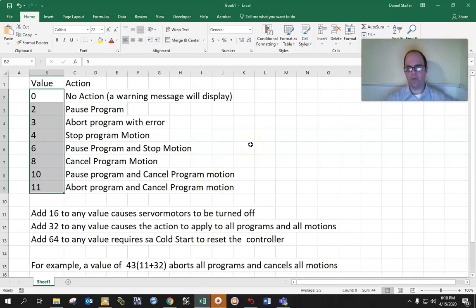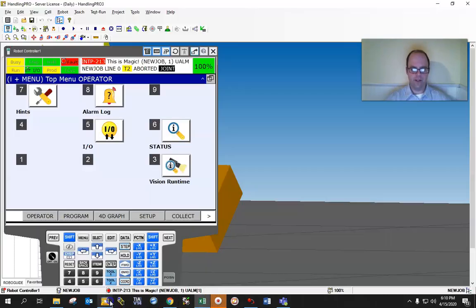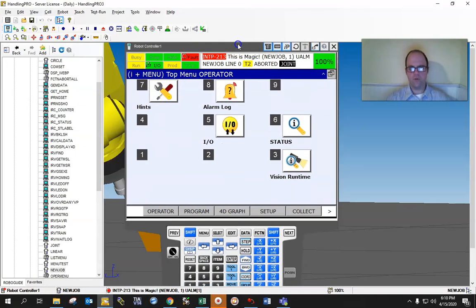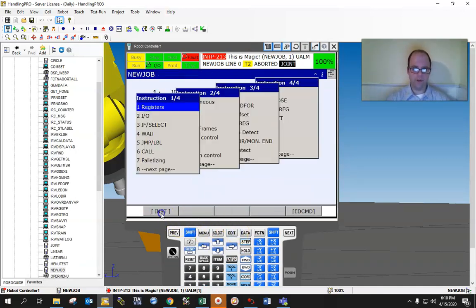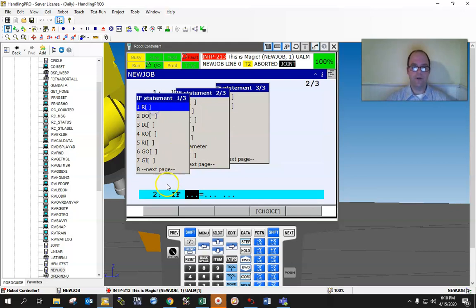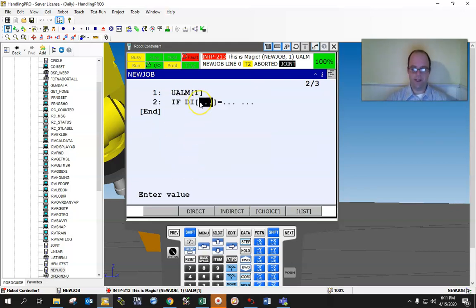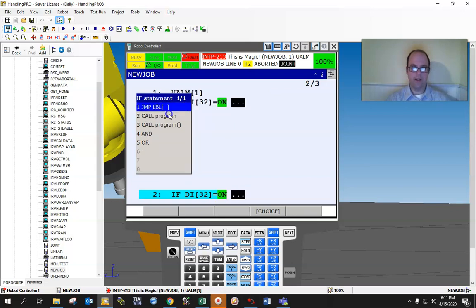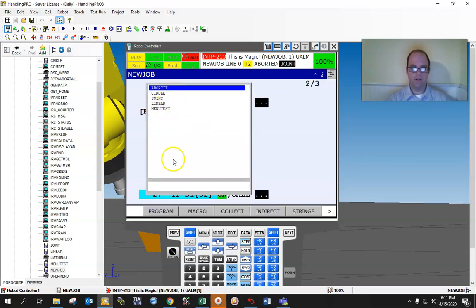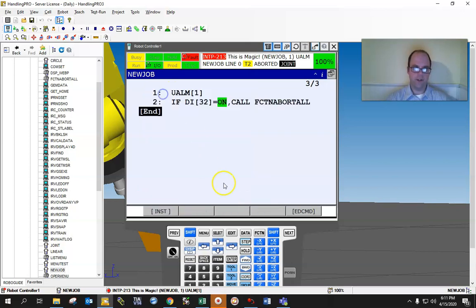But that's how you would set one up, run one, put one in your program, because sometimes you're running a program, you may want just to stop the program motion if certain conditions are true. So if I go back to my teach pendant, hit edit. So just for demonstration purposes, you could just do if DI1, DI32 is on, call function abort all. And that could be your user alarm job,